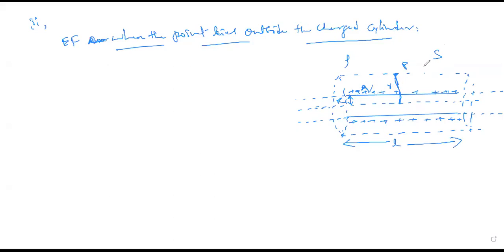Now here, on the surface also, we take the same concept as we did when the point lies inside. Here the unit drawn normal, when the point lies outside, dS will be like this, and the angle between these two will be 90 degrees. This is dS, these are the lines of force. Here also it should be 90 degrees. You people draw it neatly.